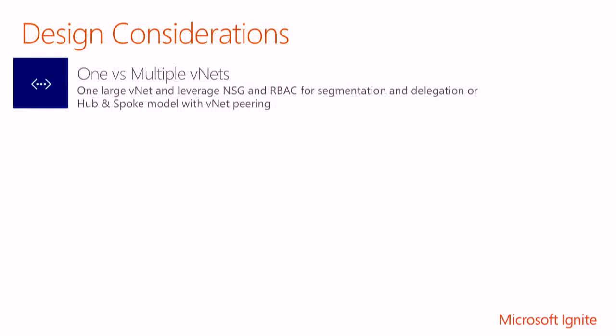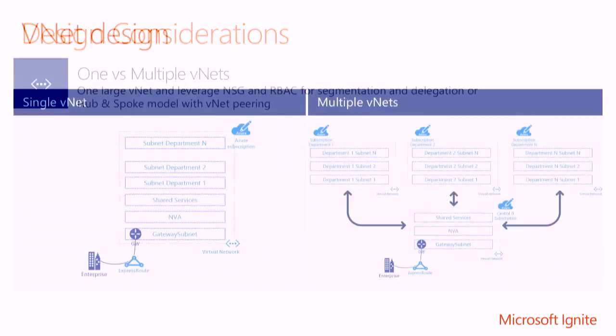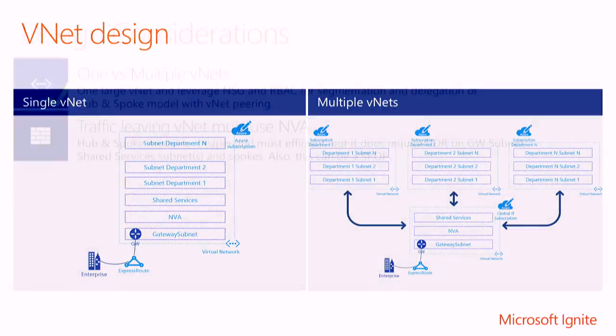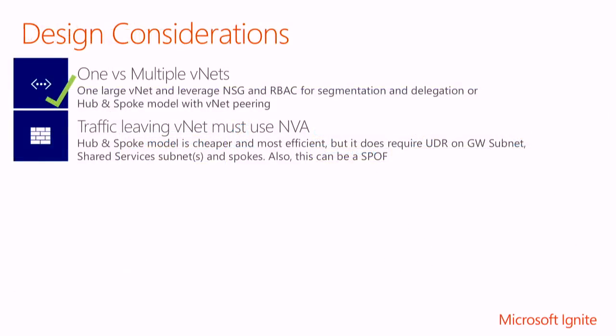So we talked about two models. How do I do this? Can I just put everything in one VNet, or do I do that in multiple VNets? We talked about this earlier. So in this case, we chose the right-hand side model, multiple VNets, and that's how we are able to segregate duties and have a central control for the site-to-site connection, and so that requirement is taken care of.